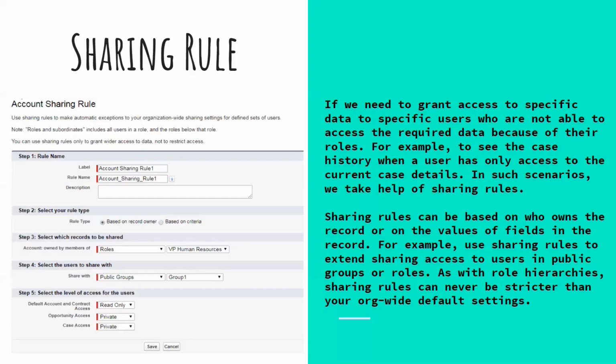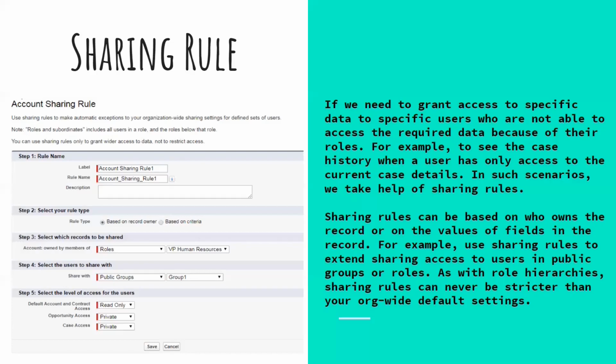Though we can manage the access of different objects and records through organization wide settings and role hierarchy or profile, sometimes we come across a situation where exceptions are required. If we need to grant access to specific data to a specific user who is not able to access the required data because of their role, for example to see the case history when a user has access only to the current case detail, in such a scenario we can take help of a sharing rule, because a sharing rule can be based on who owns the record or the value of a field in the record.